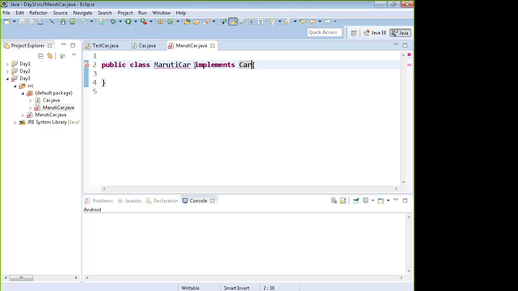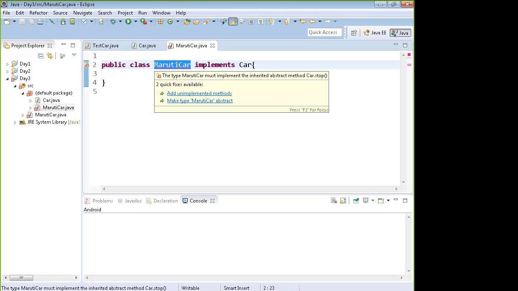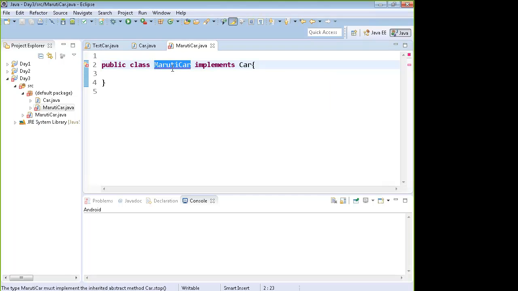By saying that it implements car, it is mandatory for this class. You see the error is coming, right? So if you write Maruti car implements car, this means that this class will mandatorily have to implement all the functions of the car interface.